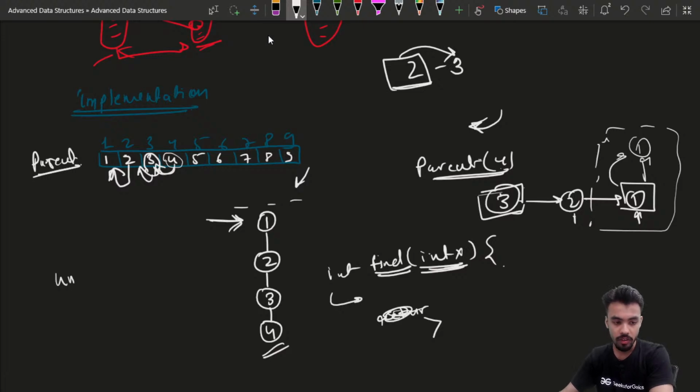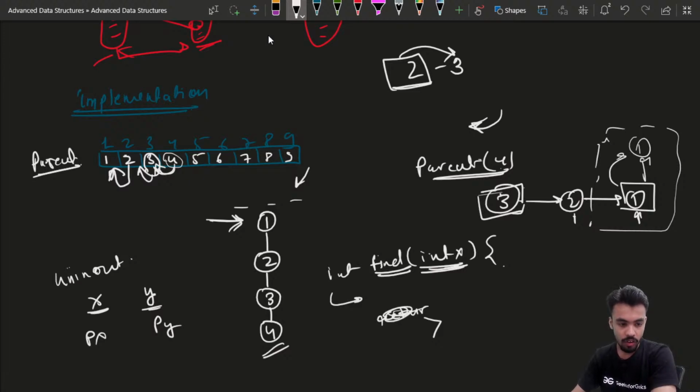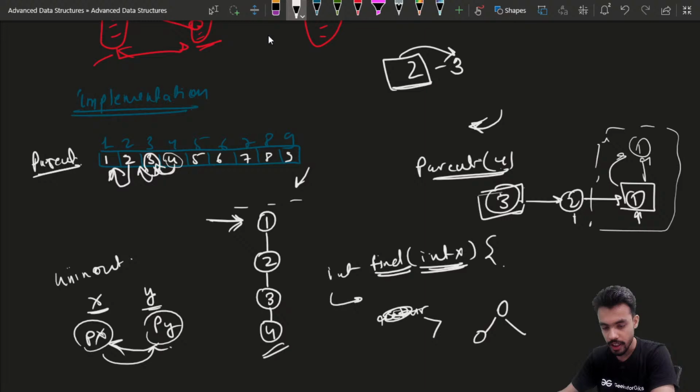In the union we can find the parent of anyone. Like if you have to connect x and y, you can find the parent of x, say px, and the parent of y, py, and you can make either one the parent of the other. You can make y the parent of x, or say px the parent of py. You can do anything. Suppose you have two sets, something like this, and you want to connect these two sets, what you can do is